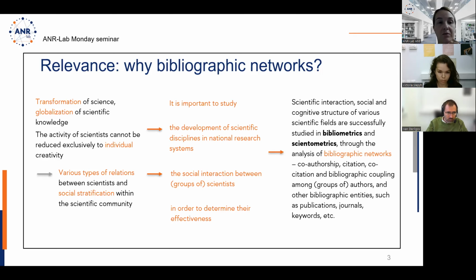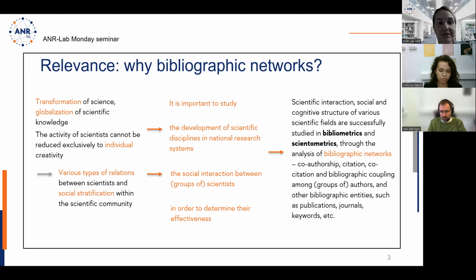And of course, what we can notice starting from the second half of the 20th century is that science is going through a lot of transformation, and it is becoming more and more globalized. However, there are some issues, as we know, but still,